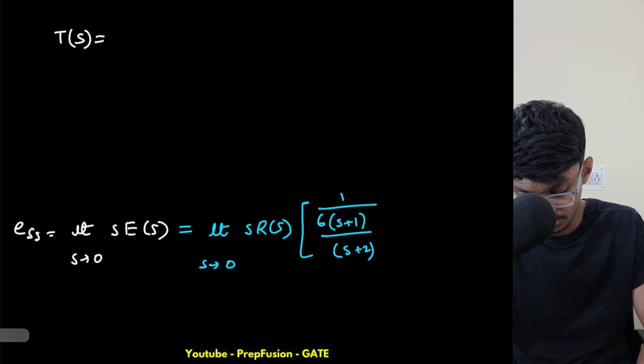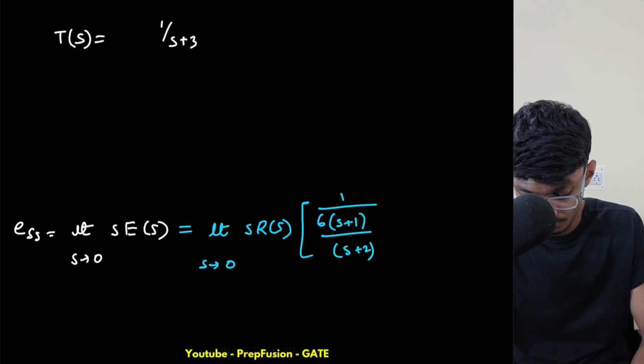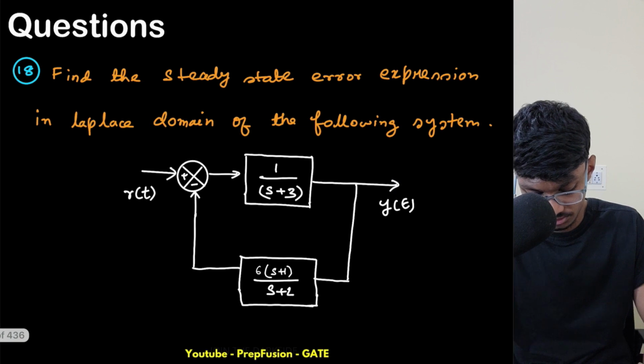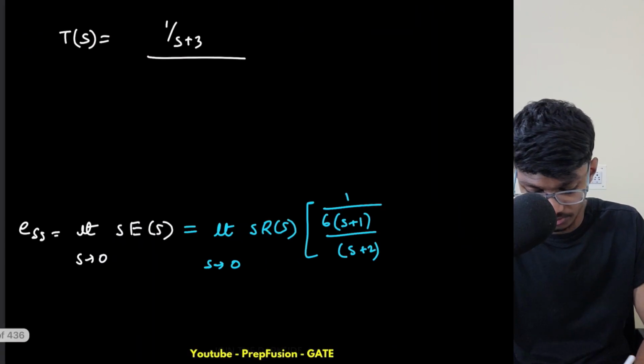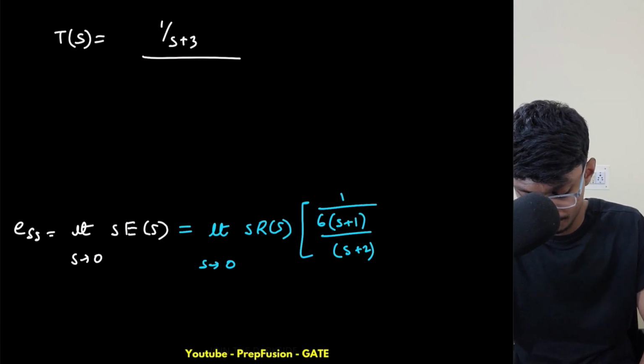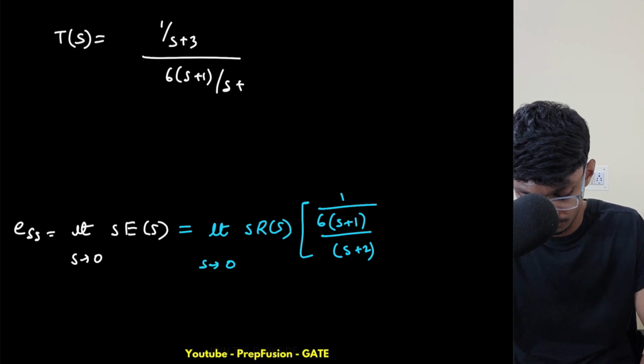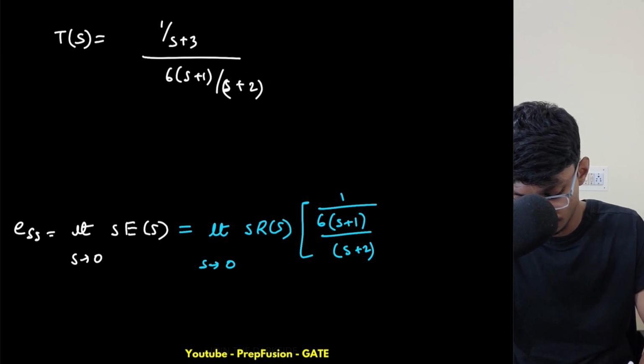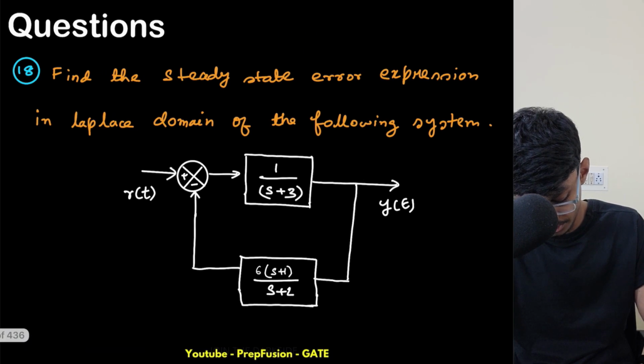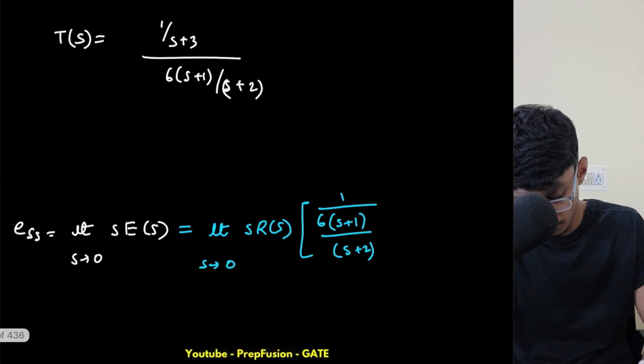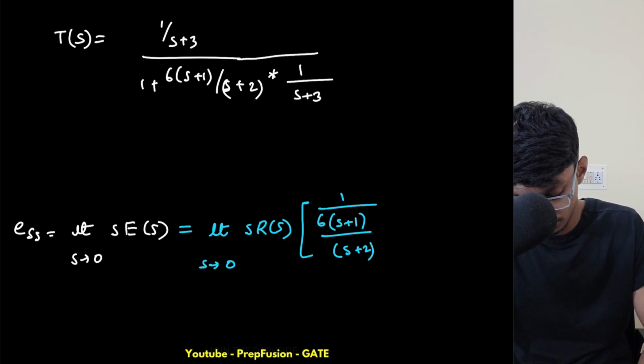G of s is 1 by s plus 3. This is h of s, and h into g of s also we have to do. This is 1 plus